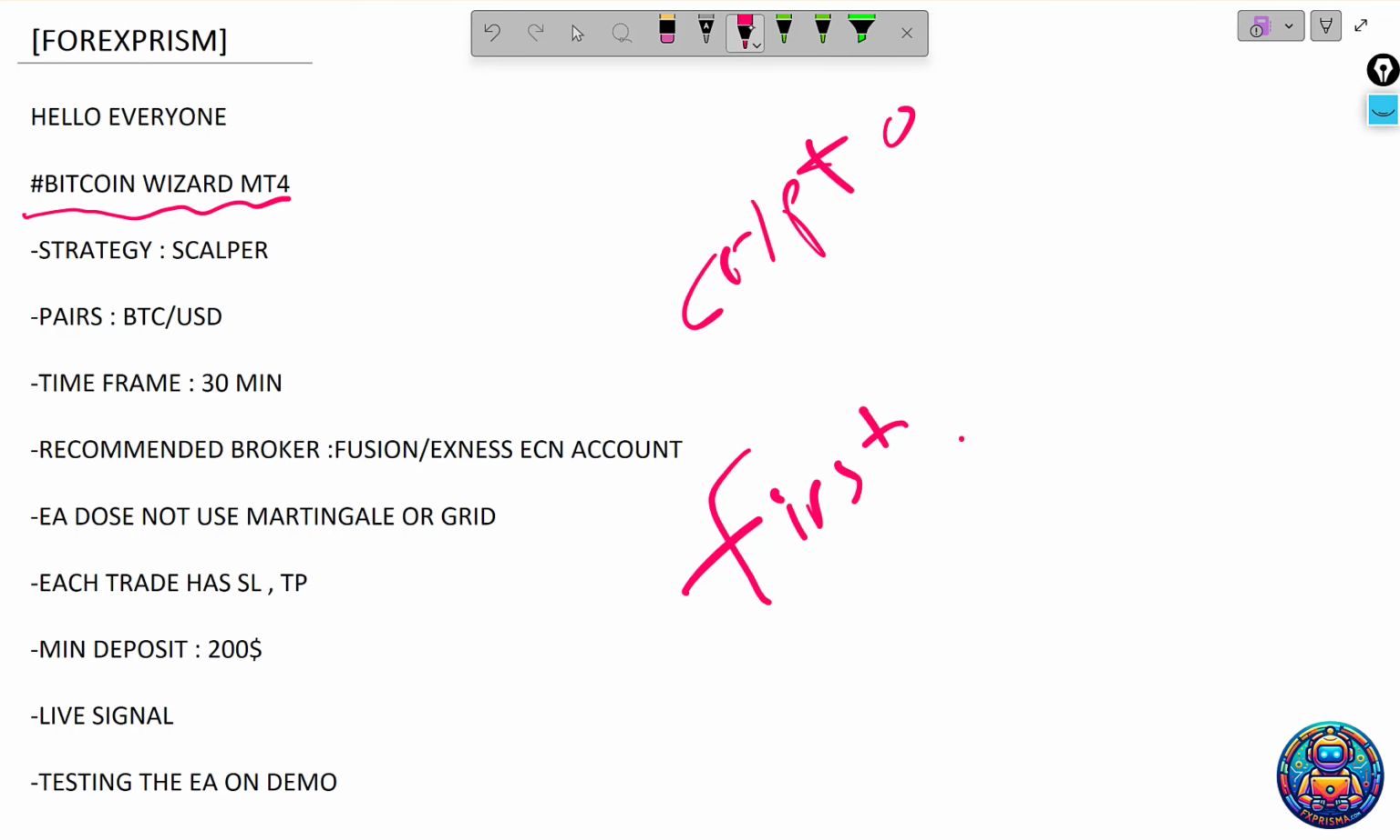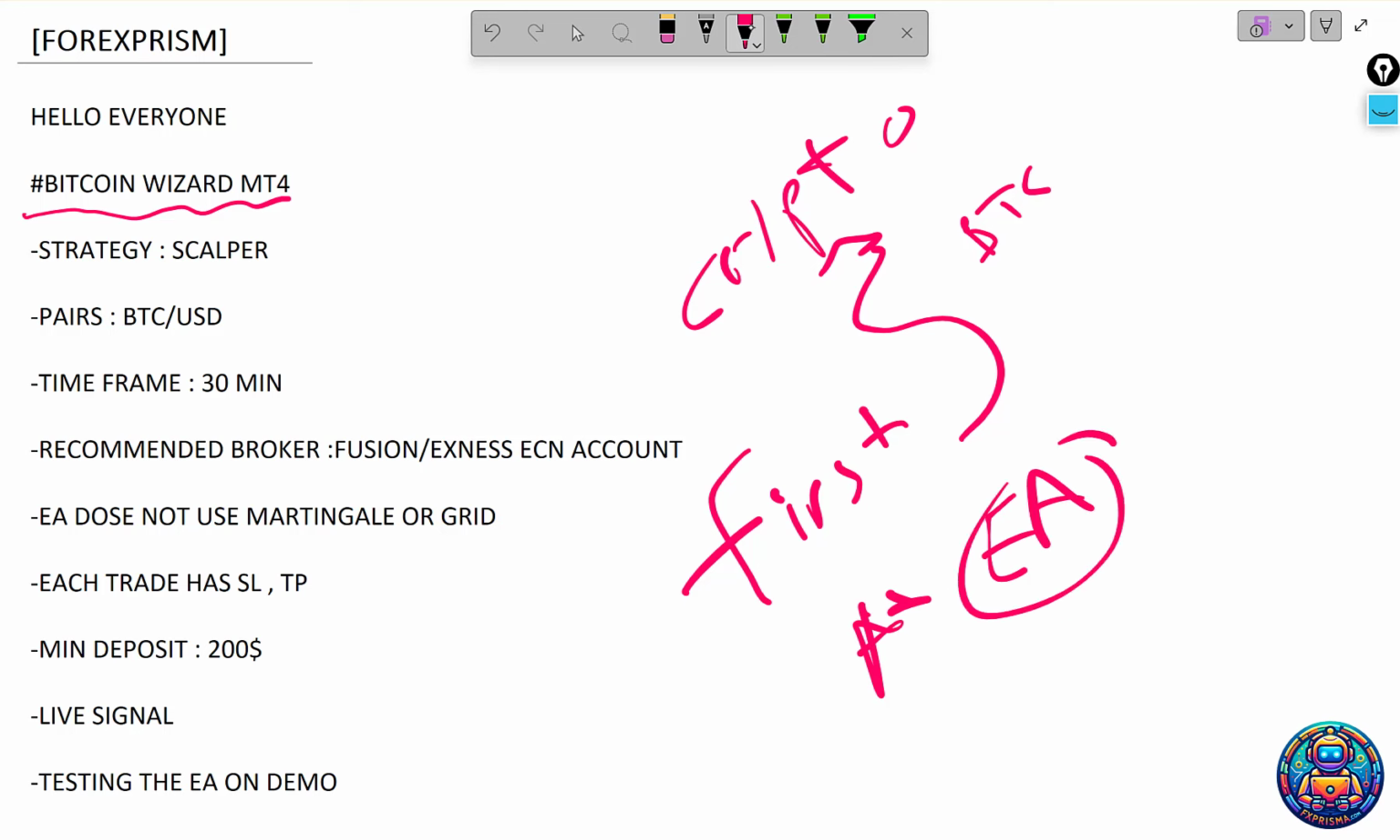Now, this was a hot topic for many years, that people wanted something to work for crypto, like Bitcoin, like Ethereum, or maybe Dogecoin, any other crypto. People wanted a robot that actually works. Because if you look at robots and AI or expert advisors, there are few that actually work for Bitcoin,